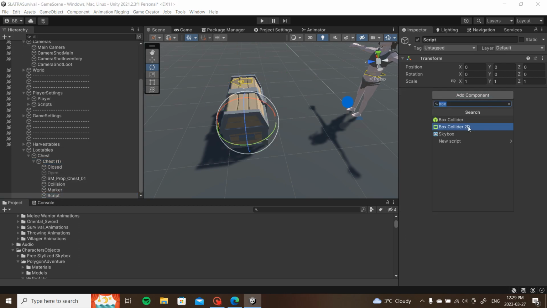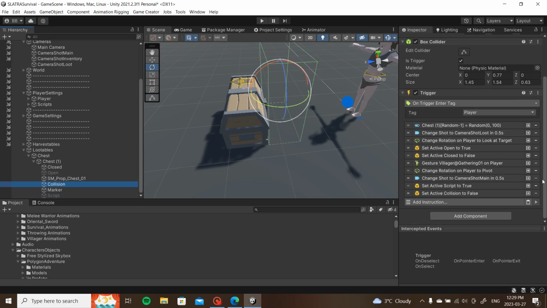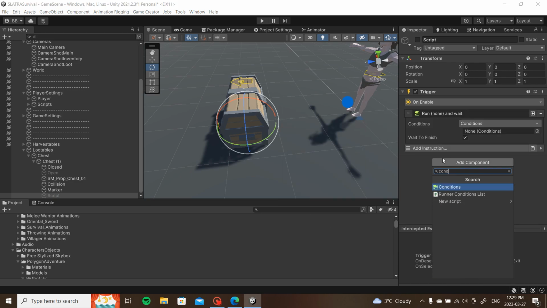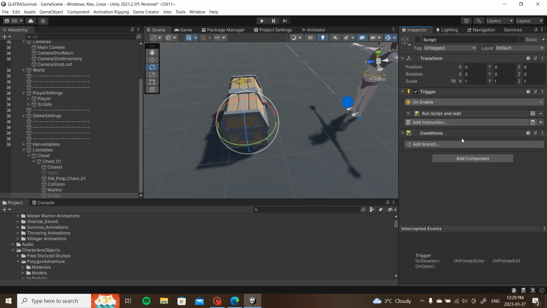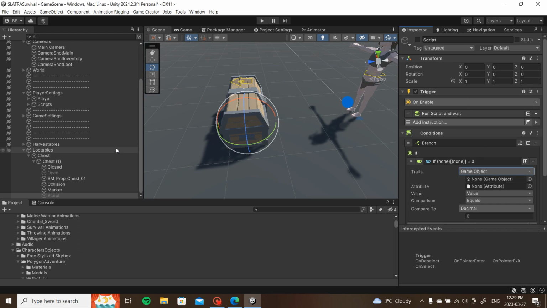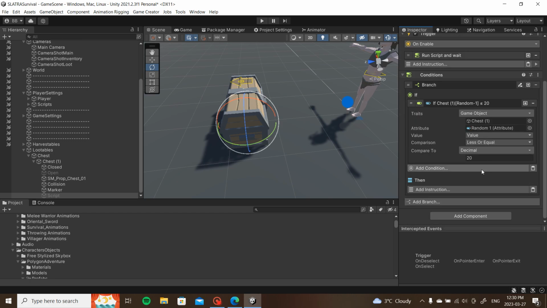Alright, so now, script, we're going to add a trigger, on enable, shut it off by default. So what we're going to do here is, on enable, run conditions, add conditions. Conditions being if stat compare attribute of the box chest 1 attribute random 1 value is lesser or equal to, there's 9 resources, so I don't want the tier 2 resources to be a big part of this. There's going to be slim chances you'll get this. We're going to go 20%. If it is 20 or under, then we will